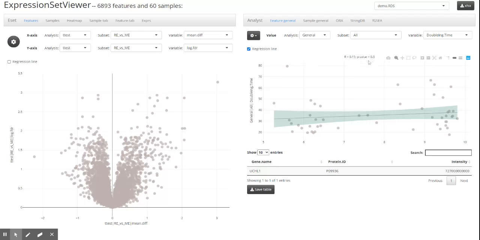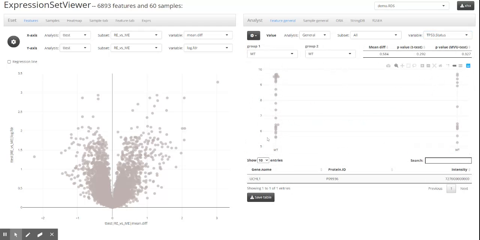very low here. We can also compare the protein intensity with a categorical variable, as an example, TP53 status. On the left side, you see the protein intensity in cell lines that carry the mutant version of TP53, and all cell lines that express wild-type TP53, and the protein intensity is on the right side. The significance test, using parametric or non-parametric, both give a rather high p-value, so there's no difference between the two